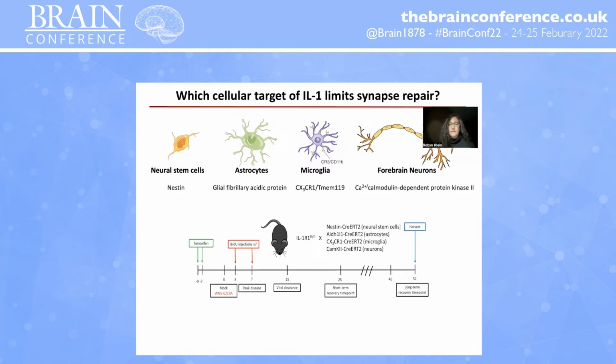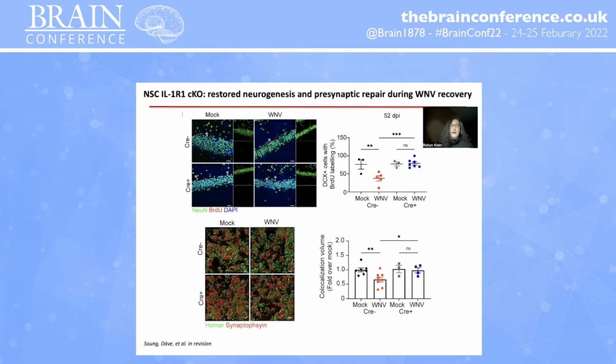And so we bred nestin Cre, ALDH1L1 Cre, CX3CR1 Cre, and CaMKII Cre lines to our IL-1 receptor flox mice. And I will cut to the chase and let you know that the only line that actually demonstrated any effect was the nestin Cre line. And so loss of IL-1 receptor 1 in neural stem cells could restore neurogenesis, shown at the top. At 52 days post-infection, there's still loss of neurogenesis in animals that express the IL-1 receptor on the nestin-positive cells, whereas in those where it's been deleted,